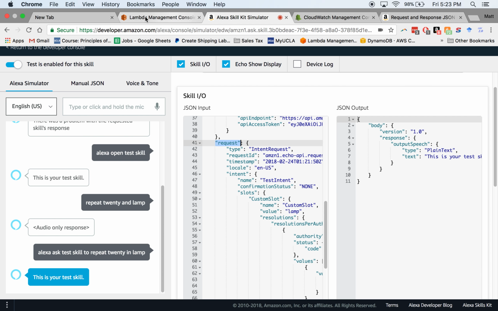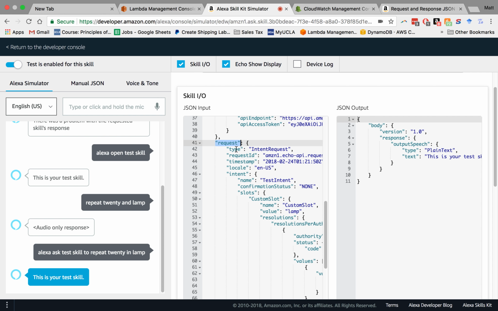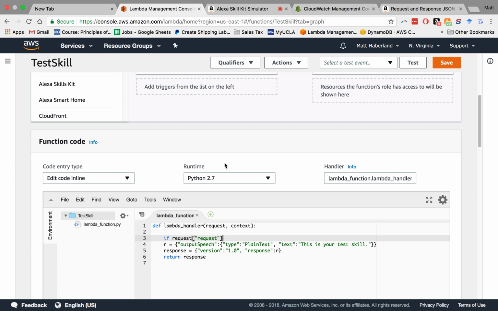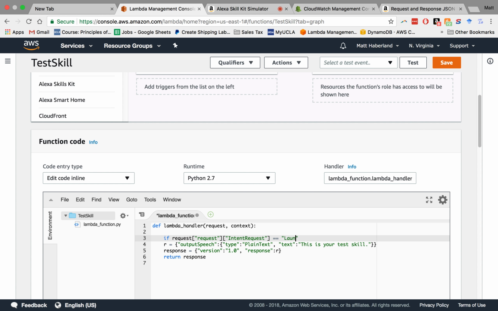It looks a little bit weird, but you say request, request, type, intent request. Okay, if the type is intent request, or let's say if it's a launch request, then this is what R is going to be. Otherwise,